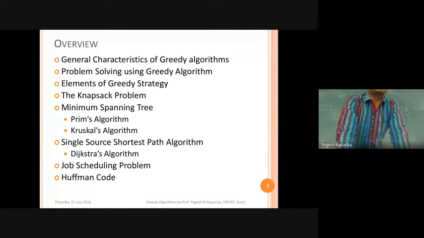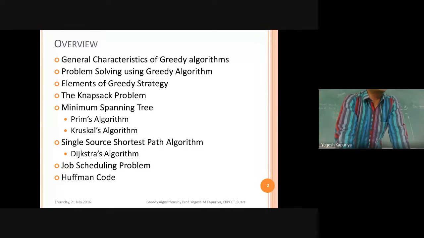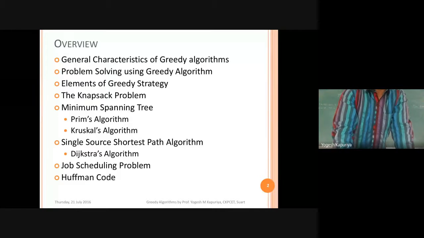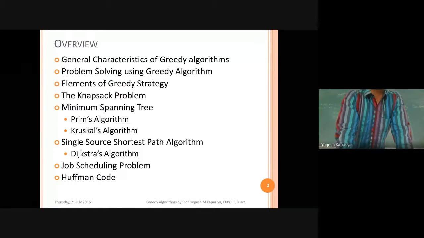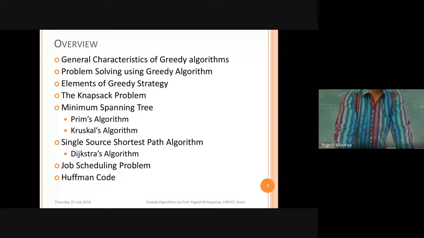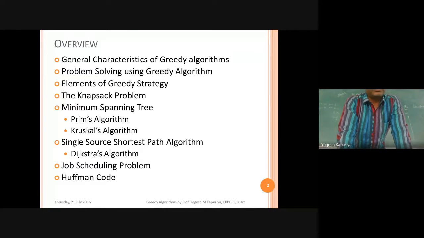Due to its simplicity, it is not necessary that it is going to give you the optimum result. It may give you an optimum result, but there is no guarantee of an optimum result every time. So that's why greedy seems to give you a near optimal solution rather than a real optimal solution. So that is the generic method of greedy.